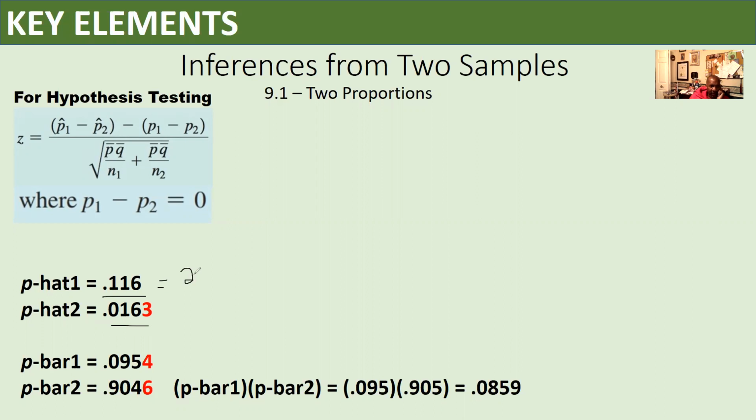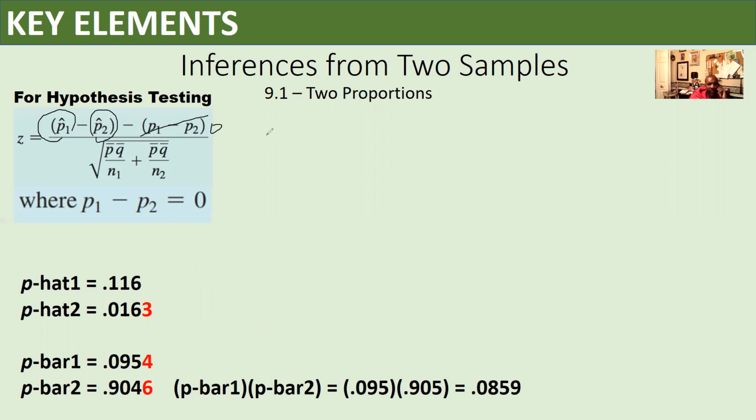This is the math of 239 divided by 2,049. And this right here is the math for 9 divided by 550. You can double check if you want. I actually encourage you to. Now, what I ended up doing with this is we needed that for this equation. So calculating P hat for sample 1 and sample 2, since we know this equals 0,